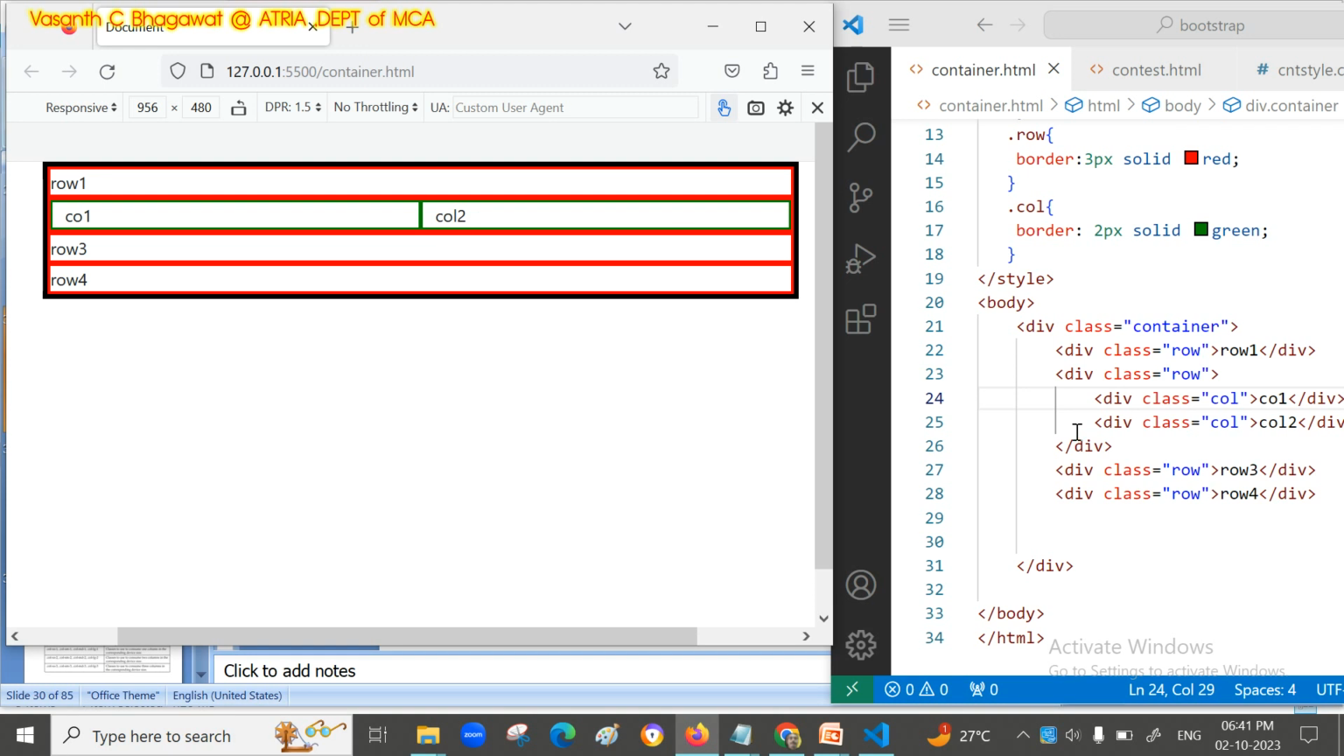Wherever you want, depending upon your layout, what type of layout you want and how you want your layout to be designed, based on that you are going to add your rows and columns. So this is the basic layout we are going to see. We have seen 3 important